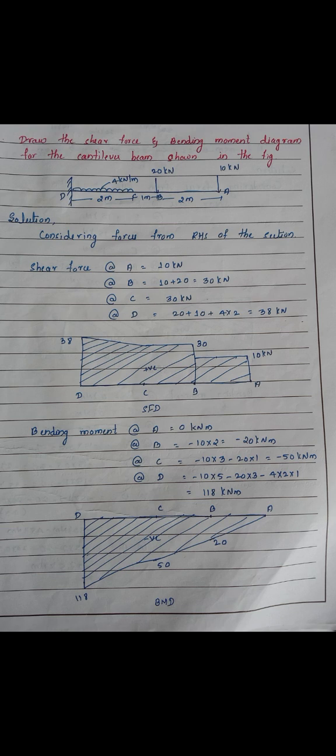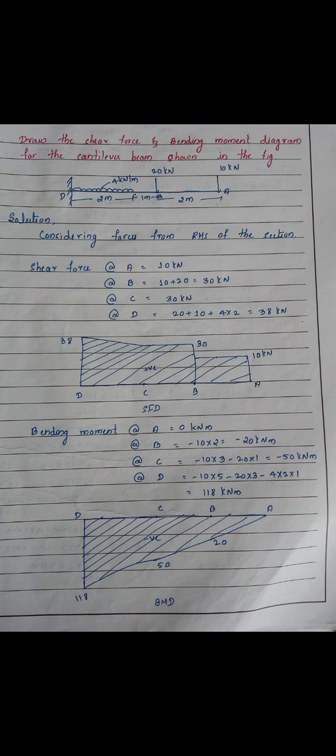And from A to B it will be 10 kilonewton, and at B another point load is acting, and at B the shear force value will be 30. So whenever a point load is given at any span of the beam, the shear force diagram will change drastically. Because of that, A to B it will be constant horizontal, and then afterwards it will take the value 30, and